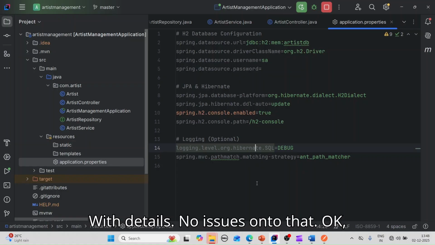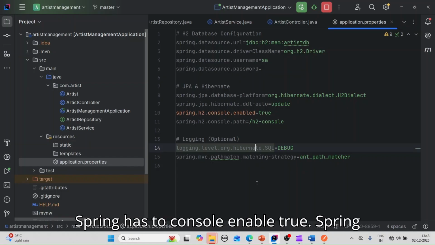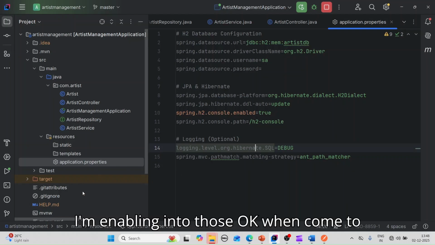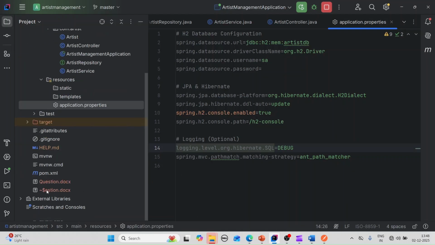You can see those details, no issues in that. Okay, Spring H2 console enabled, Spring H2 console path, and I'm also enabling logging options. Okay, when it comes to the pom.xml file,